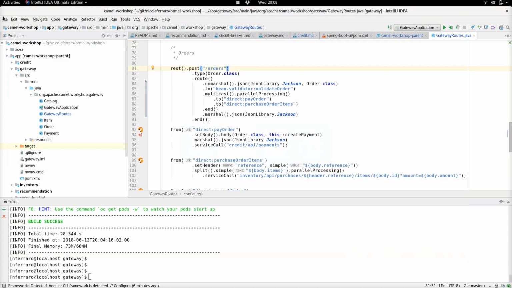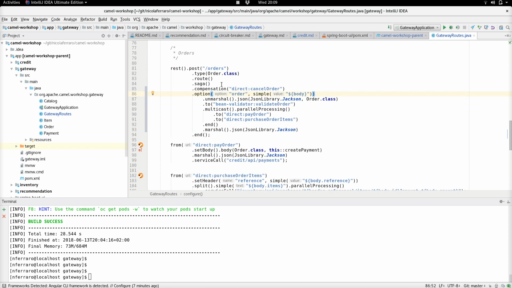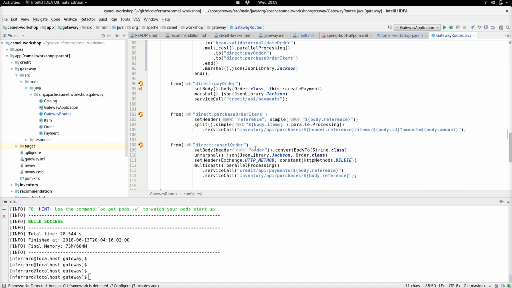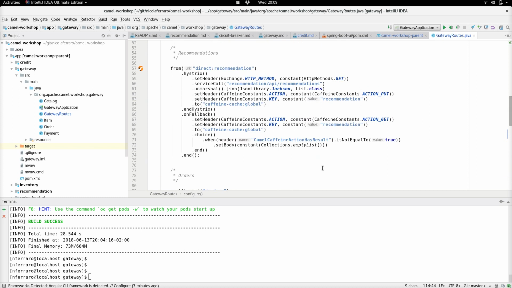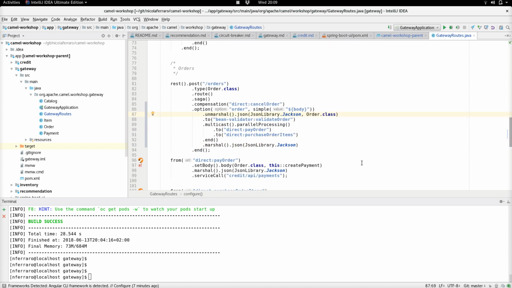In this case, I just declare this route as being part of a saga, and I say if something goes wrong, just call this endpoint called cancel order, and cancel order just calls the credit system to cancel the payment and the inventory system to cancel a purchase. And I pass an option on this compensating endpoint called order, that is the order that I want to cancel. So this is nice, just a few lines of code, and I can redeploy,